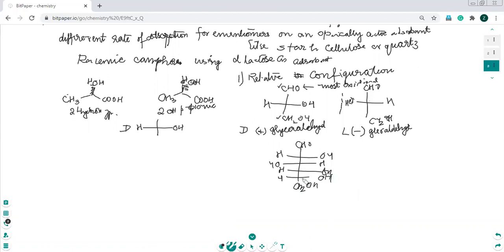Now see here. Now you have to compare this configuration with the above one. Now you have so many H and OH. That is the greatest problem here. So what is taken is, you compare only that carbon which is just above the least oxidized group. Okay. So CH2OH, next carbon is HOH with H on the